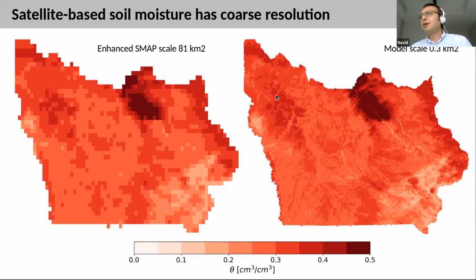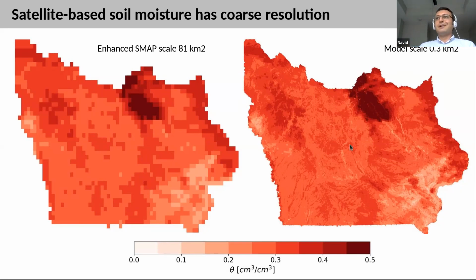It means that our modeling uses a discretization of space or landscape on the order of 0.3 kilometer squares. Well, on the left-hand side, you can see the enhanced resolution SMAP scale, which is on the order of 9 kilometer by 9 kilometer